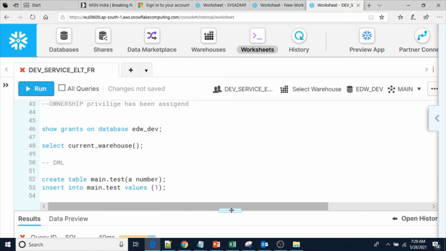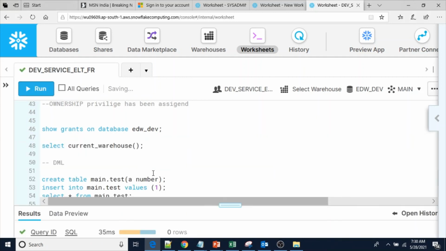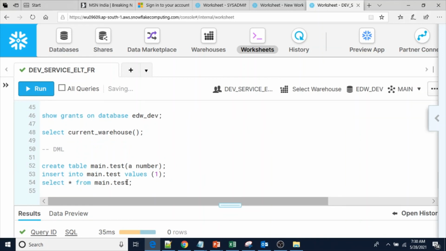In some cases, if you are going to use a select statement, a warehouse may not be required. This is not true always. This case is not required because there is no change in the data. If there is a change in the data, suppose if you insert, update or delete data, then in that case the warehouse is required.